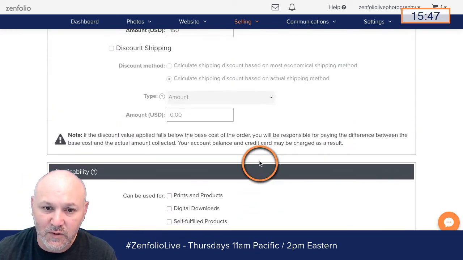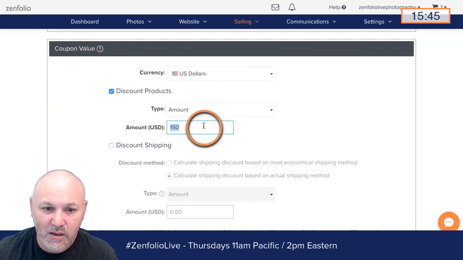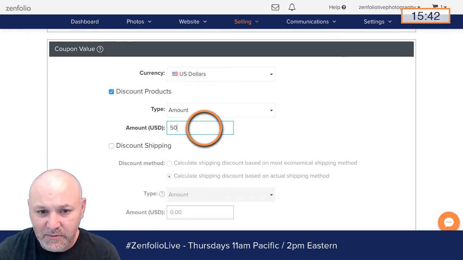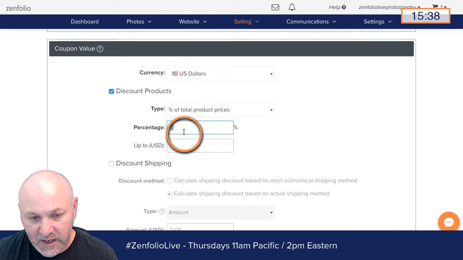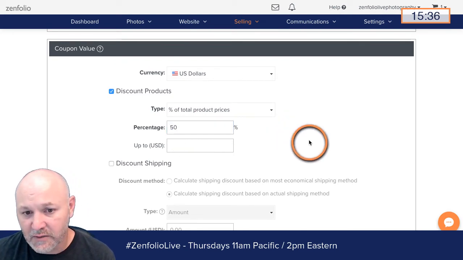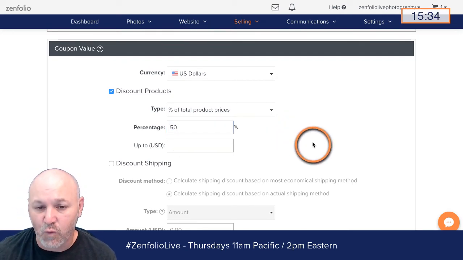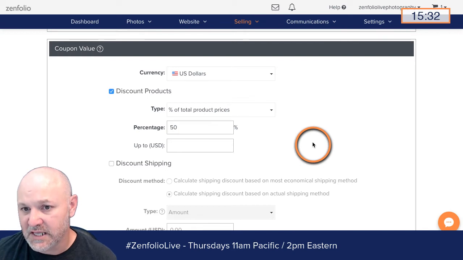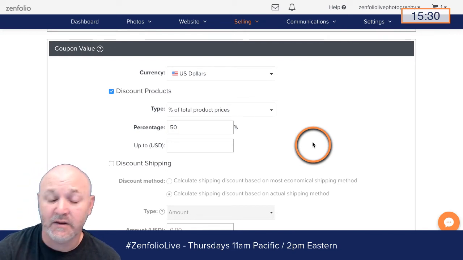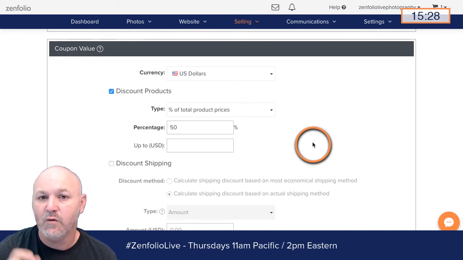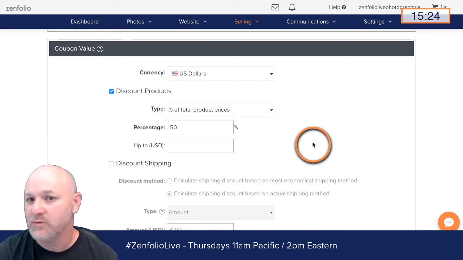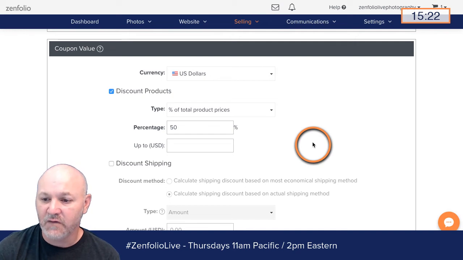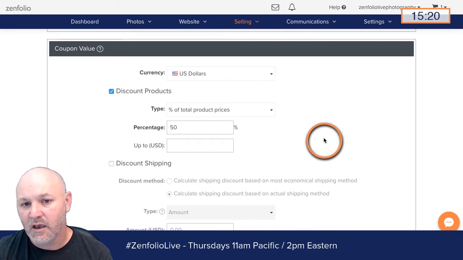Now, you could also do a 50% discount as well up here. Just keep in mind that if you do a percent right here, you're not going to be able to limit it to just that one product or something like that. So they could add a bunch of stuff to their cart and then all of a sudden they're getting it for half off rather than just getting a $150 credit when you do it the amount way. So a couple of ways to think about there. Definitely some options to play around with for sure.